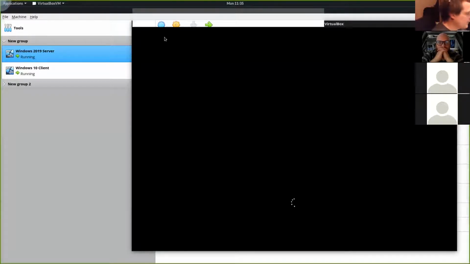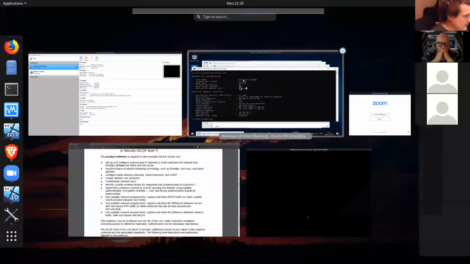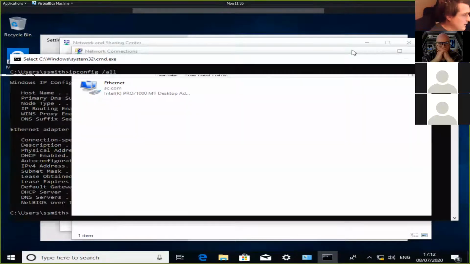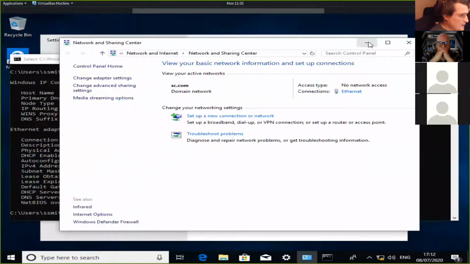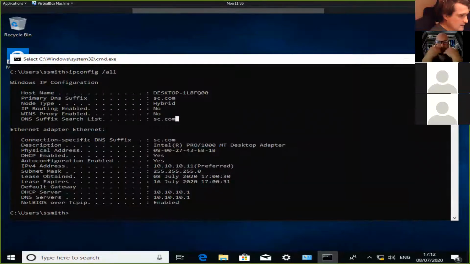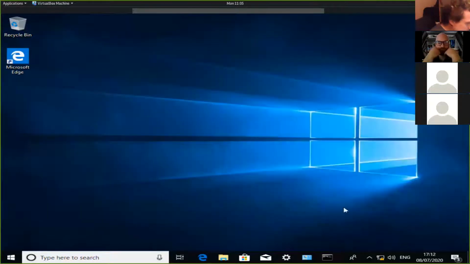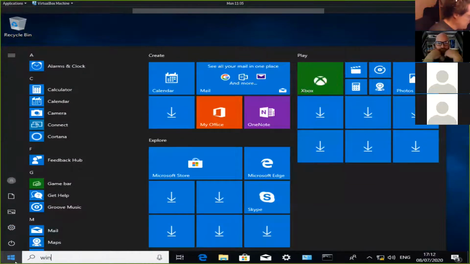Another thing that we're going to do while that's loading, because it's probably going to take an eternity to load, is get this computer primed for doing some changes. So let's just shut down a few things here. Probably better to minimize rather than close. Let's minimize that. And we want Windows Defender